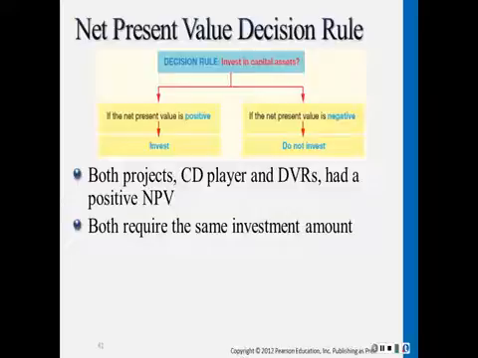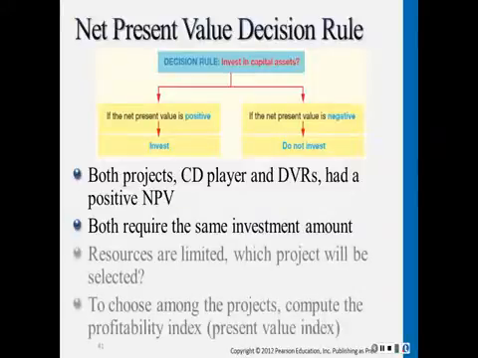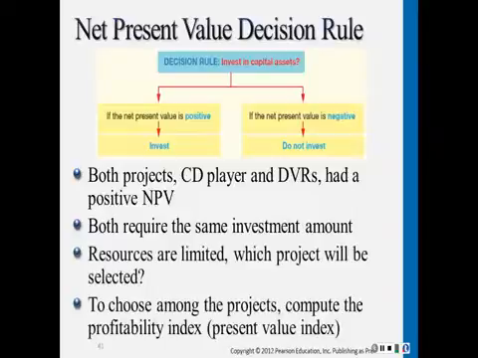If Greg's had to choose between the CD and the DVR project, the company would choose the DVR project because it yields a higher net present value, $78,910. However, comparing the net present value of the two projects is only valid because both projects require the same initial cost of $1 million. When projects have